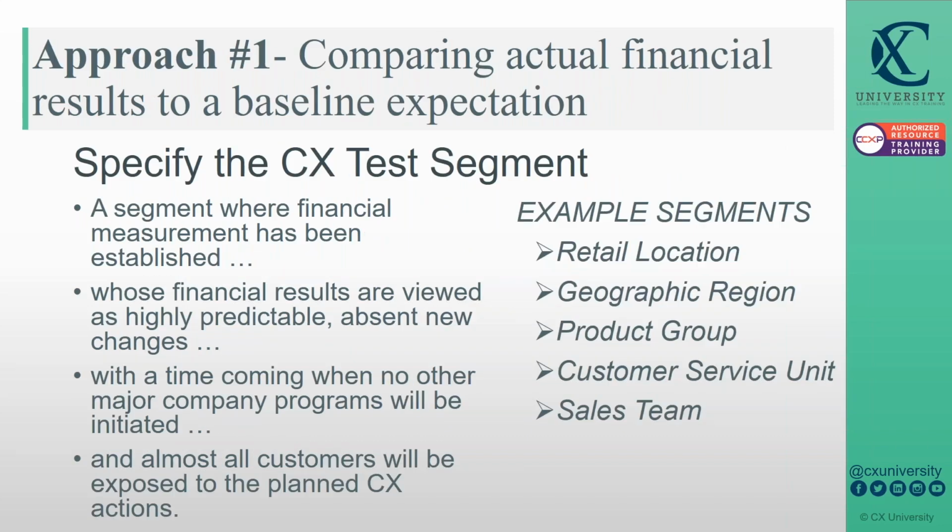Again, approach one is comparing your actual results to a baseline. So step one is to specify that test segment that you're going to use. And the factors you need to think about are that it'd be very helpful if that segment is someplace where they've been financially measuring over time, so you can see what the trend has been, and hopefully that there isn't a lot of variation. And that's the second point. You want to pick a place that the results are highly predictable, absent new changes like what you would be doing, which is adding a customer experience program,